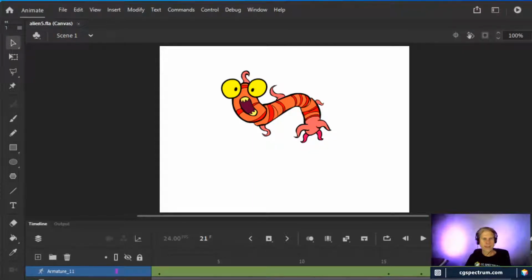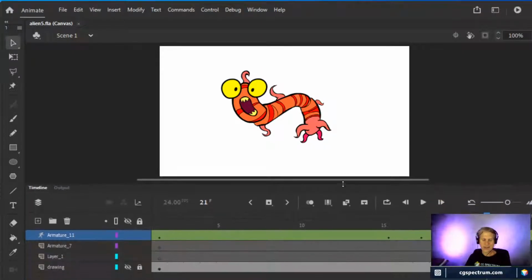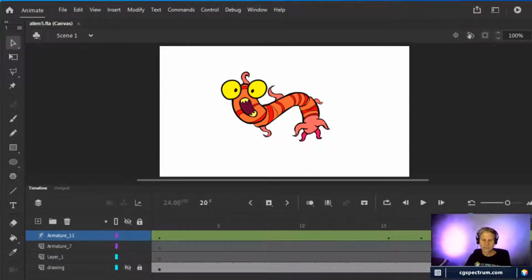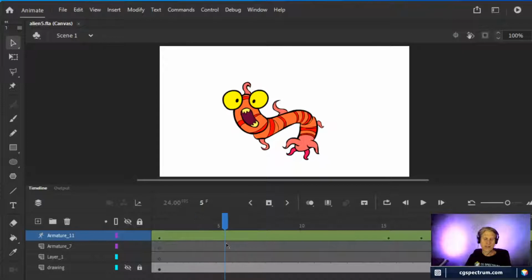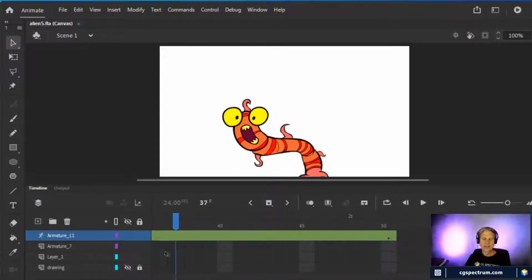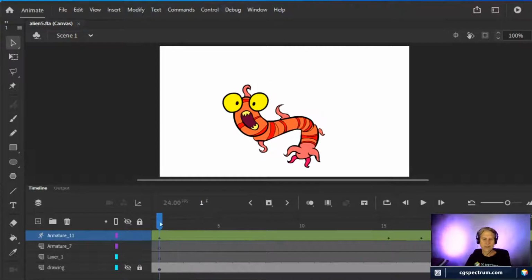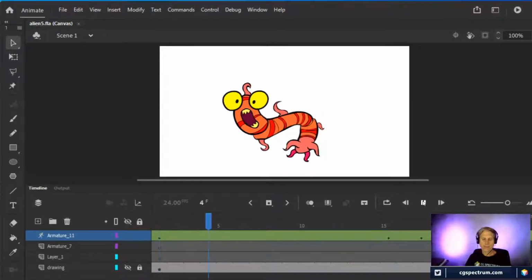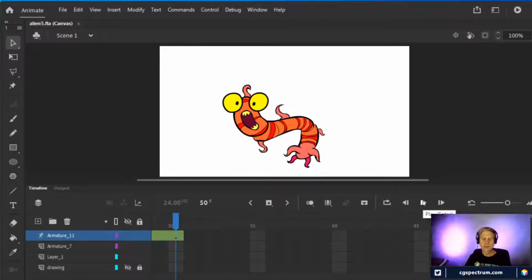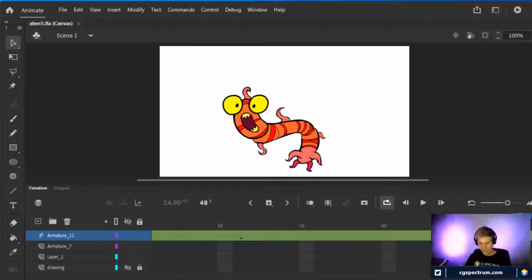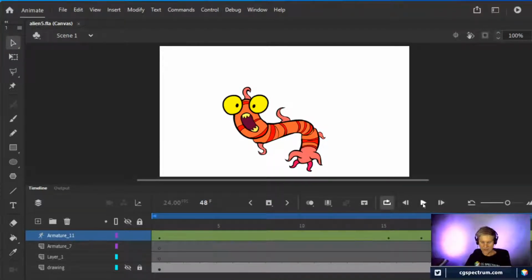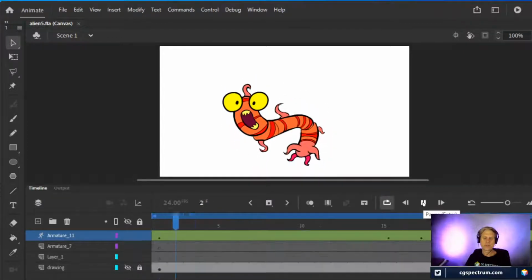Now what I want to do is look at another creature, and this one's a little bit more complicated, a little more interesting as a result. But this is a character that has 3 parts to it. And those 3 parts are the head and the middle part of the body, and then the base of the body. If I play it, you can see what it's doing. And again, this has been rigged with an armature inside the body. So I'll probably go back and look at the setup of it. And maybe that'll show us how it worked. But basically it comes down to there were 3 separate parts.